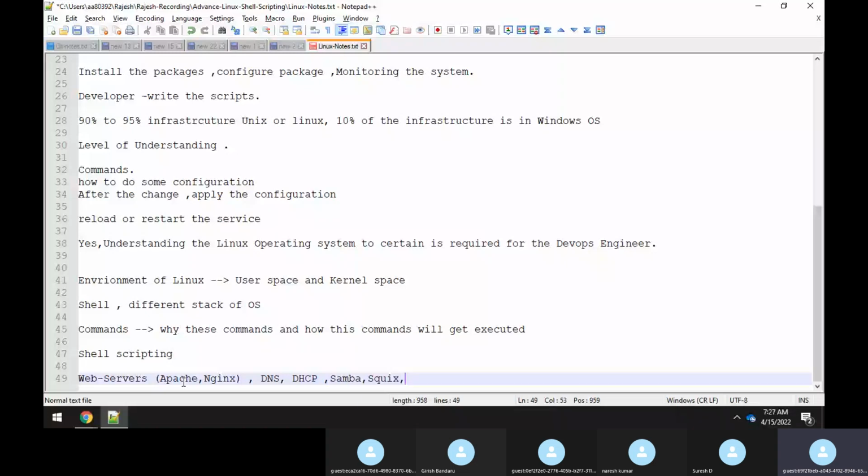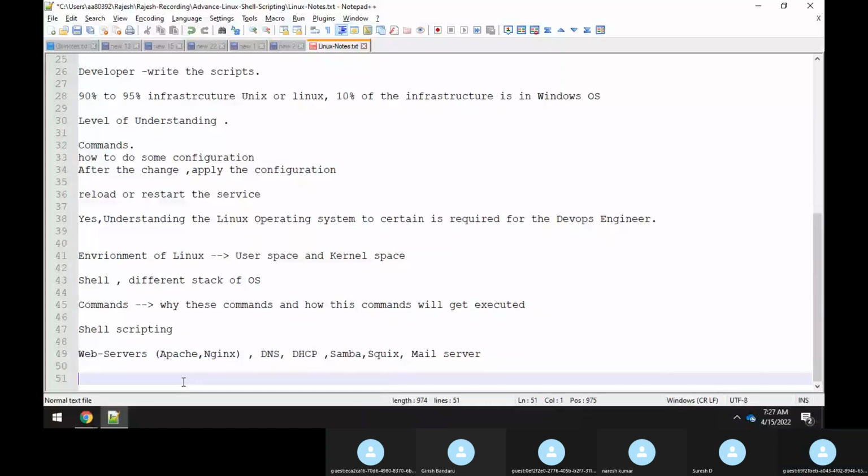Apart from that, how to configure SSH, FTP. Telnet is not required, but still we'll add Telnet.